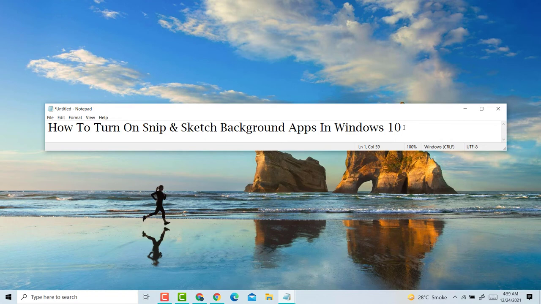Hello, welcome guys. Today in this video, I'm going to show you how to turn on Snip and Sketch background apps in Windows 10 PC or laptop. So guys, if you want to turn on Snip and Sketch background apps in Windows 10 PC or laptop,